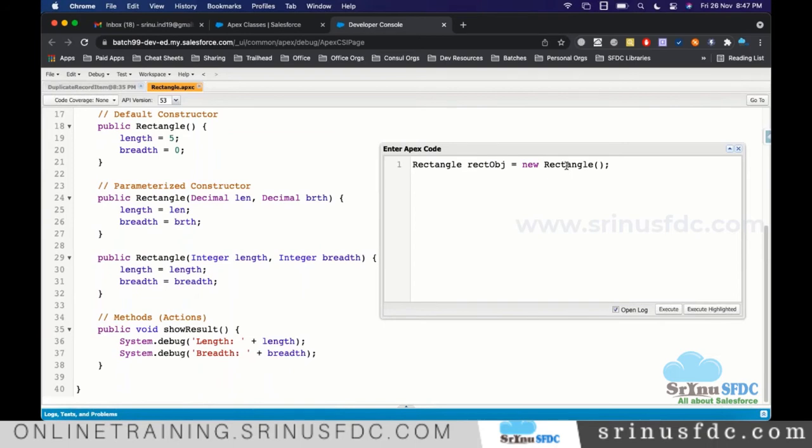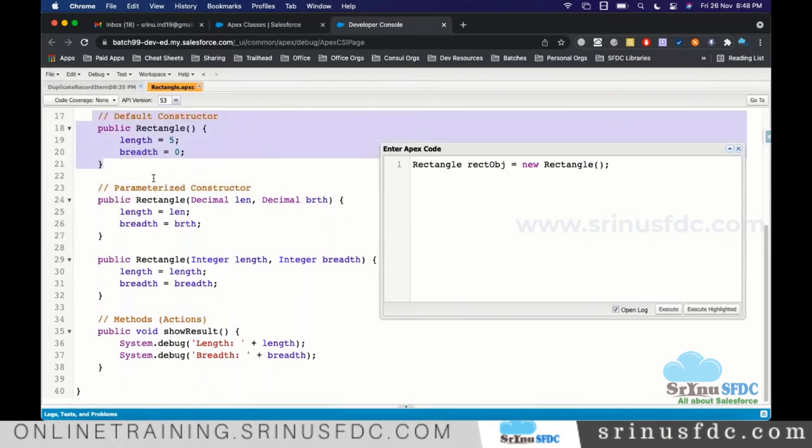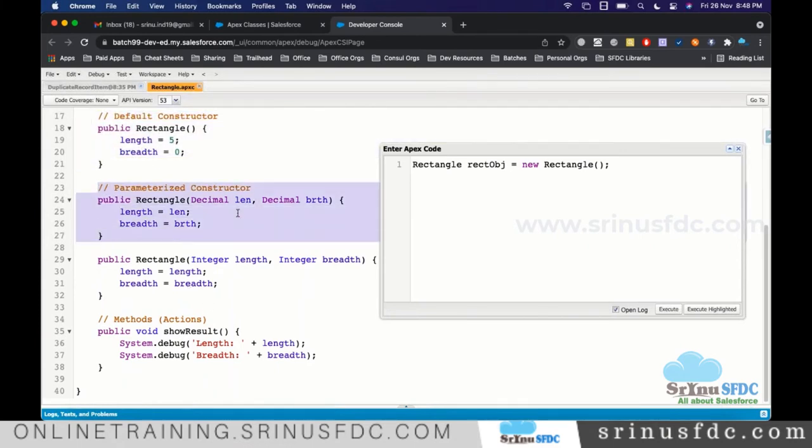Now here we have a total of 3 constructors. This one is the default constructor. This one is when you supply 2 decimal values. This one is when we supply 2 integer values. So what will happen if I supply 1 decimal value and 1 integer value?